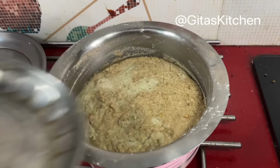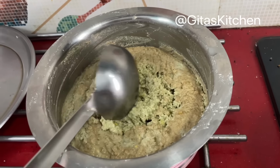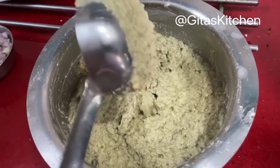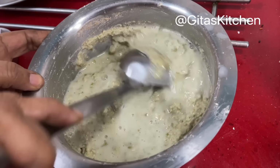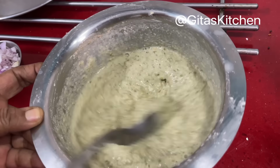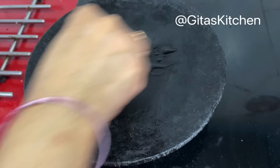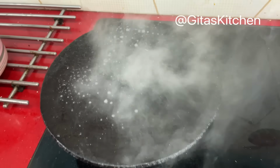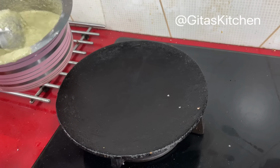We had left the batter to ferment overnight. See, it has fermented so well. Can you see that? Now give it a good mix and just add the required quantity of water to make it to dosa batter consistency. Heat a tawa, add a drop of oil and smear it all around. Check if the tawa is hot. Now take a ladle of batter,